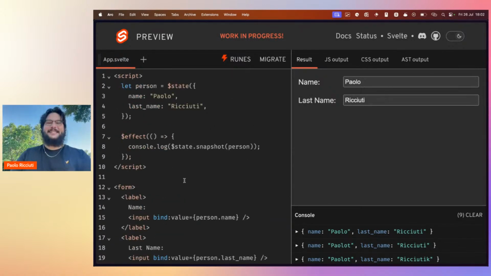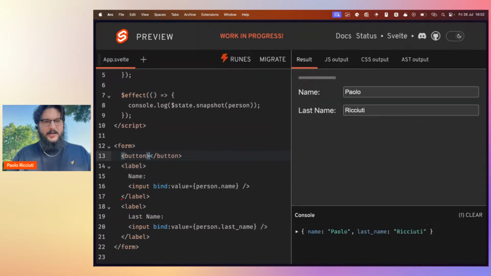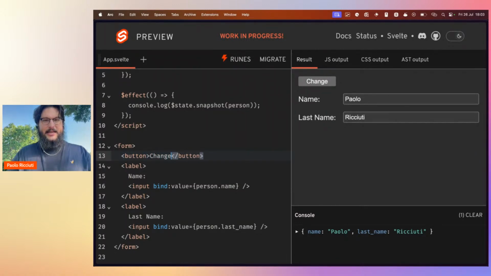But let's switch to the other question. Oh, actually, yes. I just read from the chat. Team is actually saying something that is very, very true, and it's the fact that the